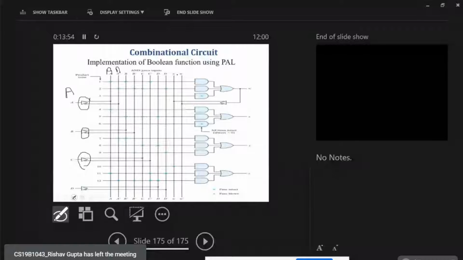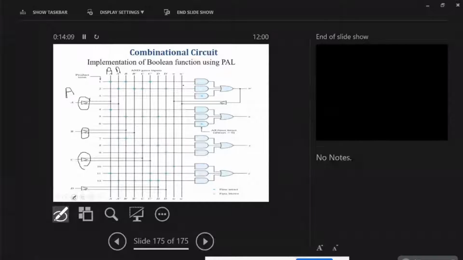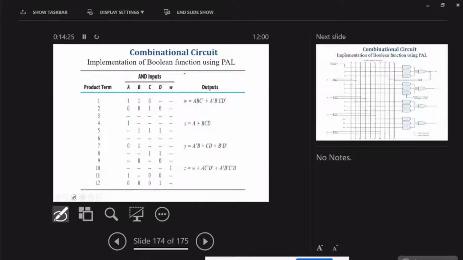So the first level is AND and another level is OR. So we have to decide from the higher level, the second level, how many ORs are involved, that decides how many ANDs we need. Okay, so how many ANDs we need, 12 ANDs we require, because the input of the OR gate will be 3, 3, 3. Okay, so W is also there.